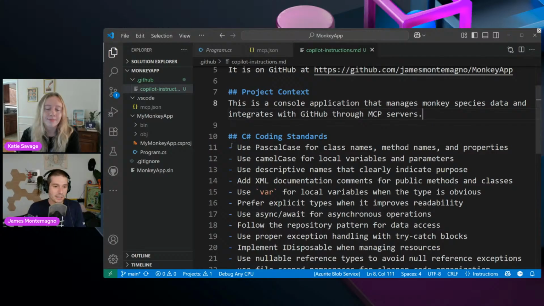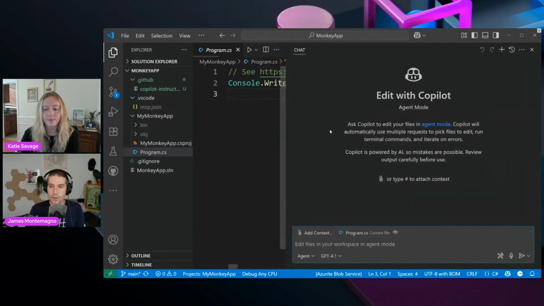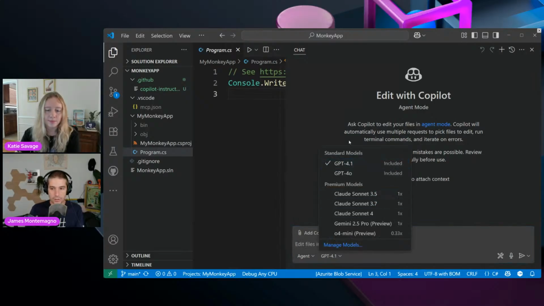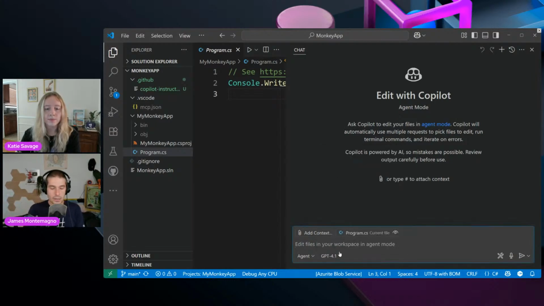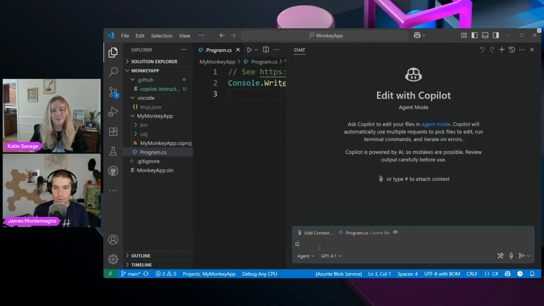Yeah, totally. So the first thing we're going to do over here, Katie, is open up the Copilot chat in agent mode. I'm in agent mode down here, and you can select any model. It works with any of these. All these models are tool calling. We're going to use GPT-4.1, unlimited free calls, so why not? But if I was to say, go grab me my open issues on this repo.